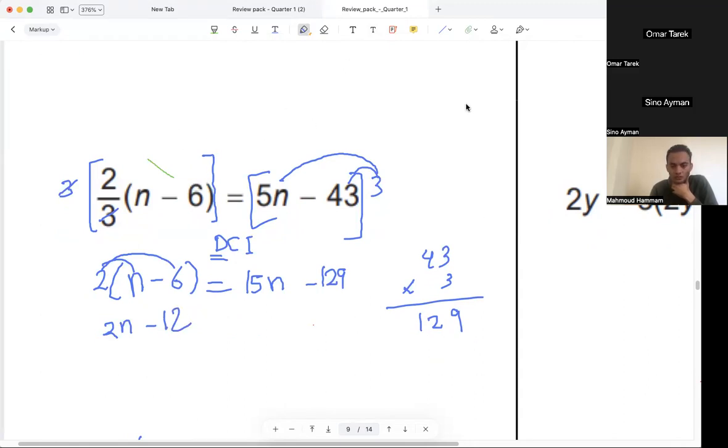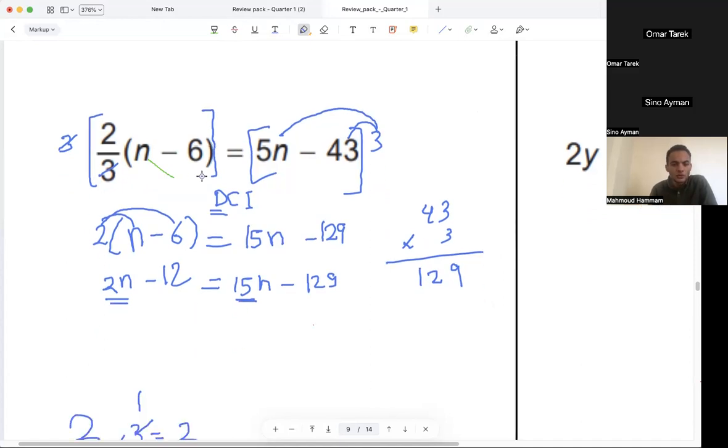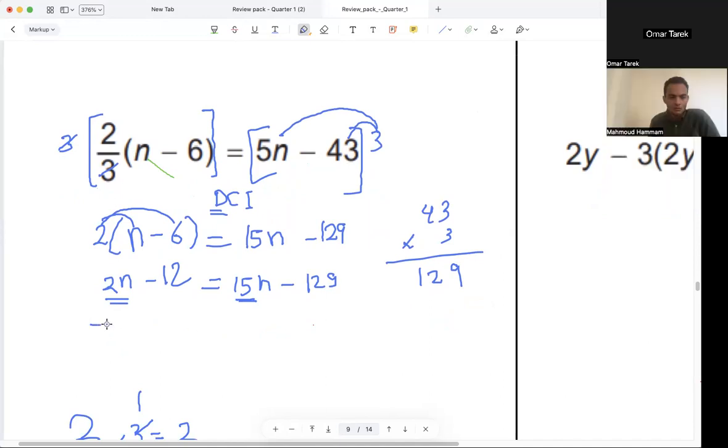So now we will have 2n minus 12 equals 15n minus negative 129. Very good. Right. You'll combine the like terms 2n and 15n. You'll solve it on your own. What will happen? Negative 2n on the left and negative 2n on the right. Very good. So these will cancel first. What do you still have? Negative 12 equals